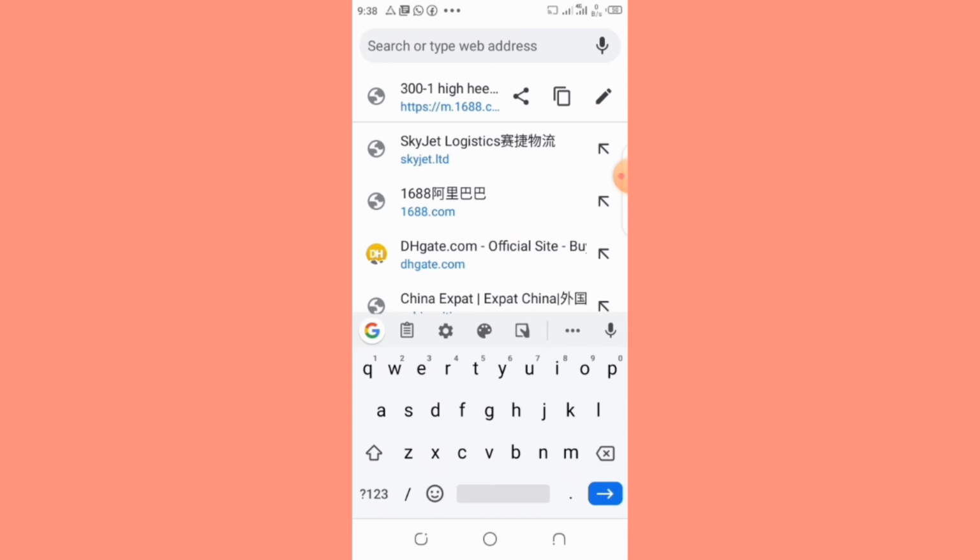Then you paste it somewhere. You just copy the link now, and we paste it somewhere. Maybe I normally create a WhatsApp group where I paste the link I copied. So I will now arrange them and send directly to my procurement agent. I will show you how to arrange them so you don't make any mistake.